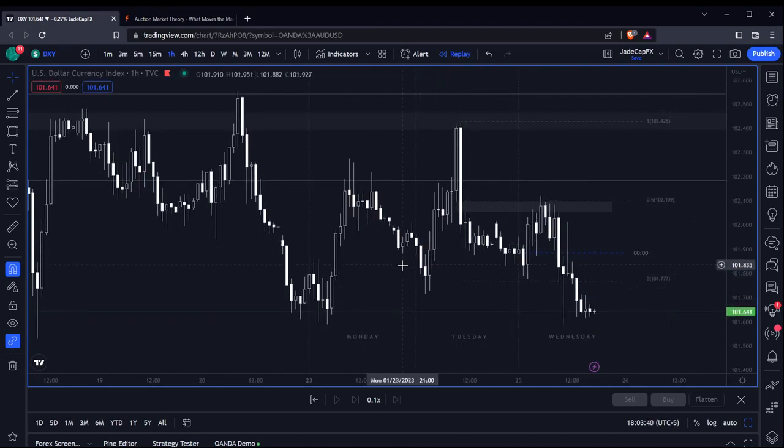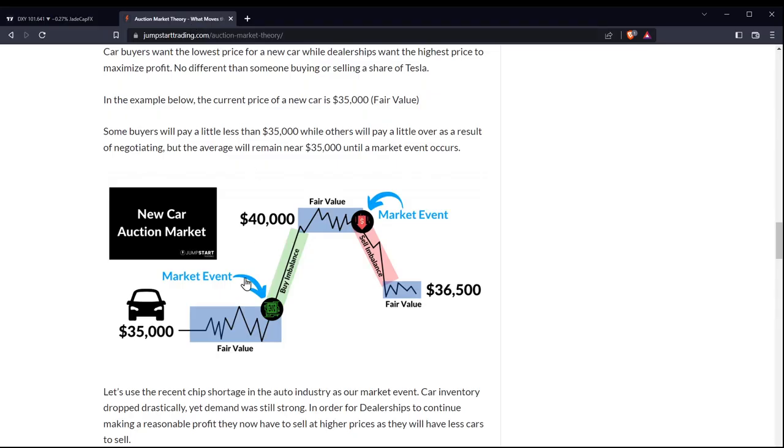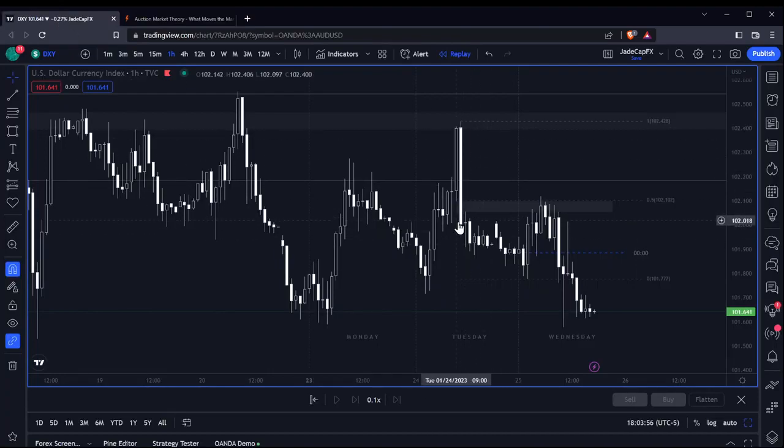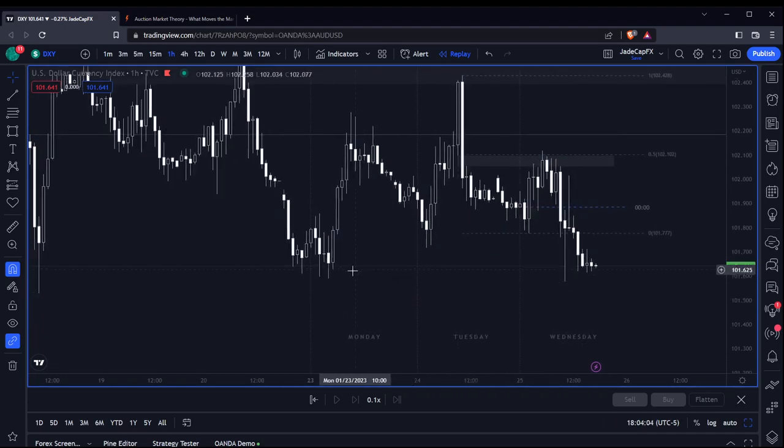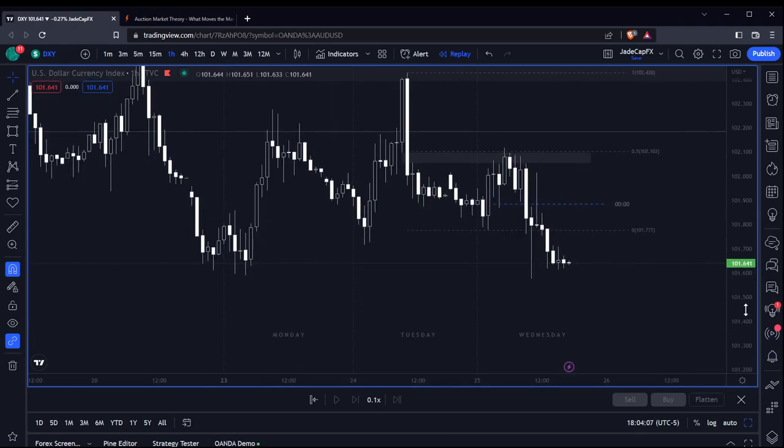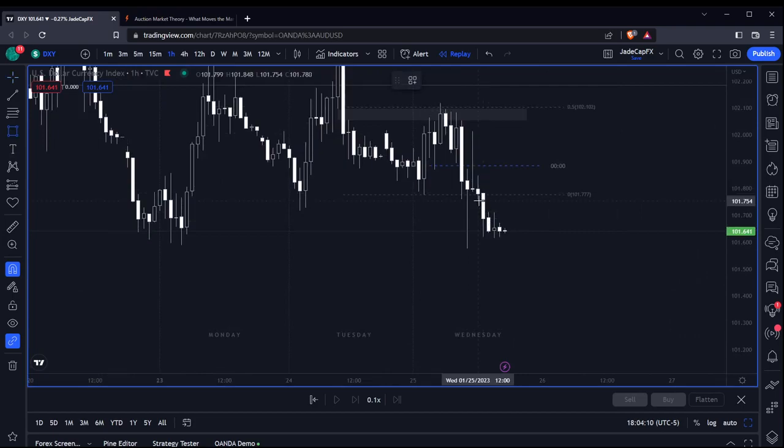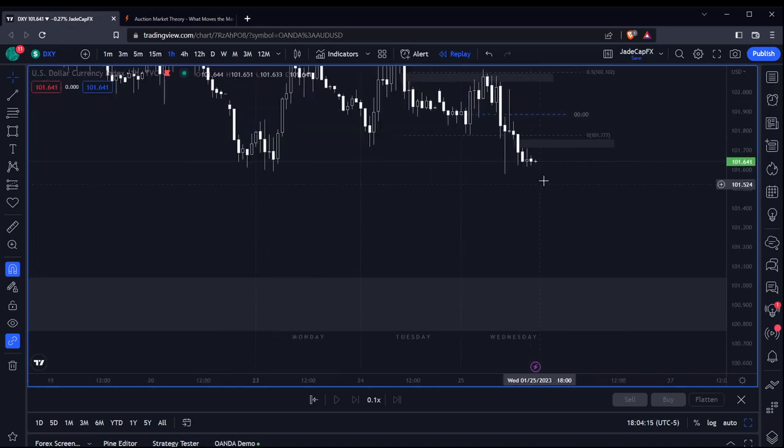So the narrative behind this is pretty much the same thing. We have a premium high, a discount low, and then a return to fair value. So just pretty much inverse this. We have a sell side imbalance, return to fair value before driving it lower. So we've barely taken Monday's low. I'm expecting possibly for the market to trade up into here tomorrow, and then on a daily basis, try and target the 101.